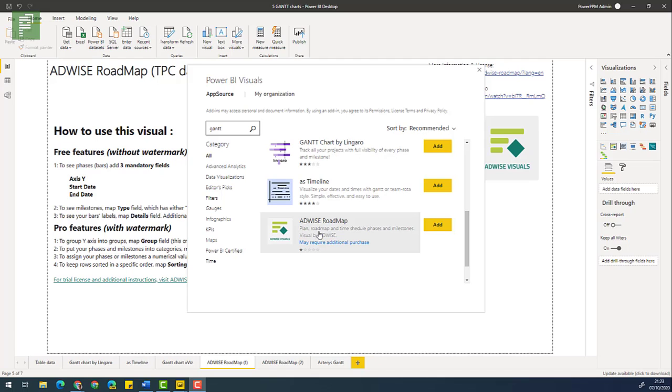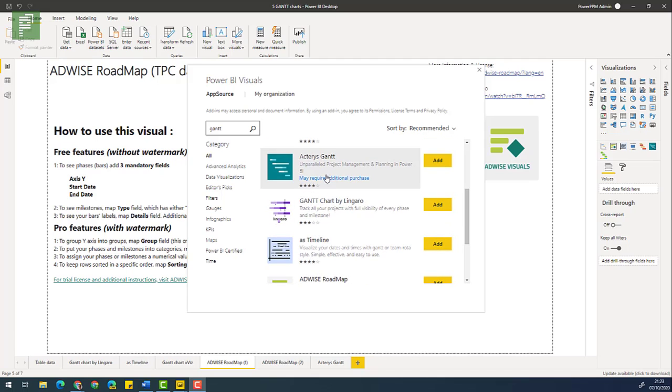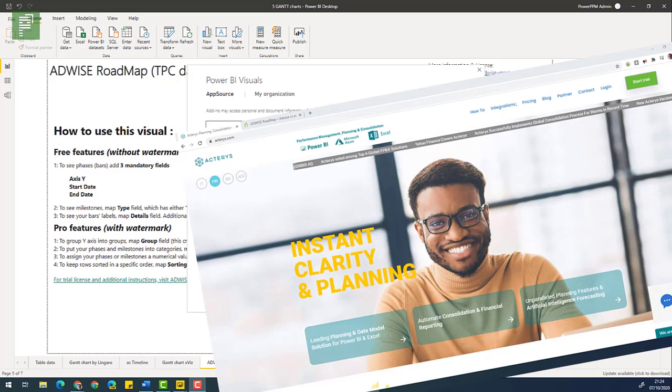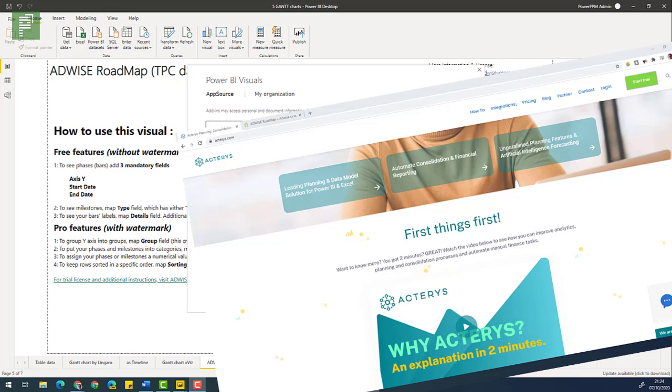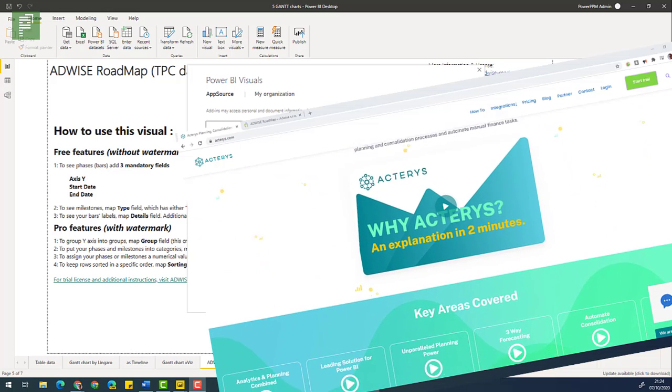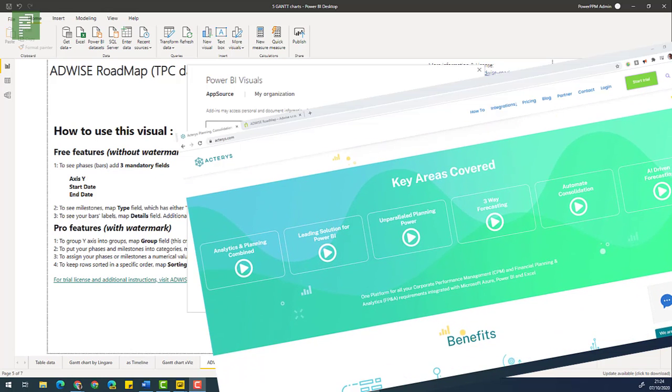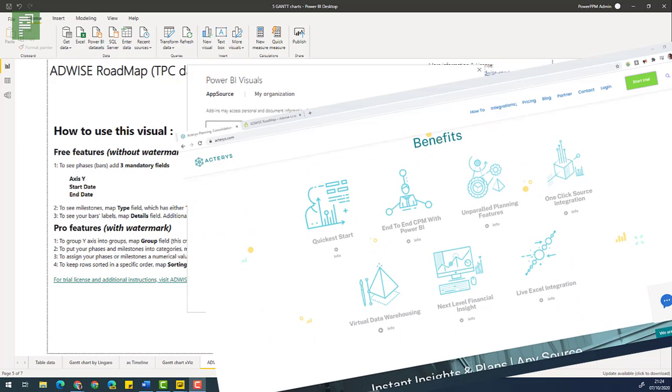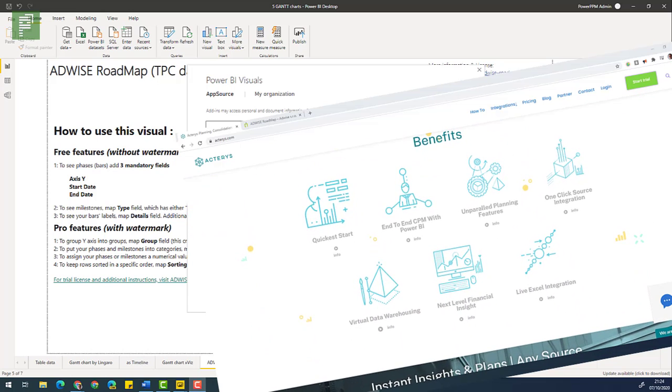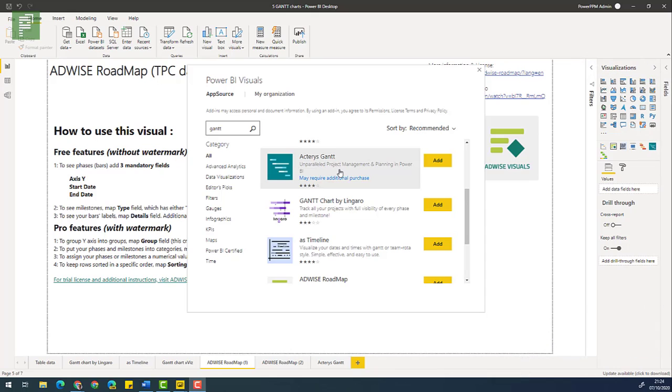And the other visual that we're going to look into today is the Acterys Gantt. And this is linked up to the application called Acterys. Am I saying it correctly? Acterys. So we're going to take a look at 2 Gantt chart visuals today, and both of these visuals fall